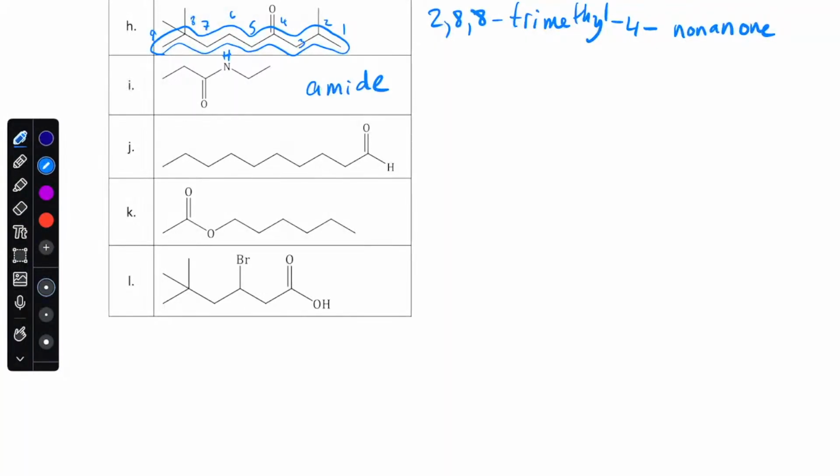Actually, there's a slight difference between what a peptide bond and an amide bond is in terms of what atoms are included in each, but I'm not going to get into that for today. So this is a 1, 2, 3 carbon chain that leads to the amide. And there's nothing attached except on the nitrogen, you see there's a 2 carbon chain, and this carbon chain that's attached is an ethyl. And the way we indicate where the ethyl is attached is by putting N in front